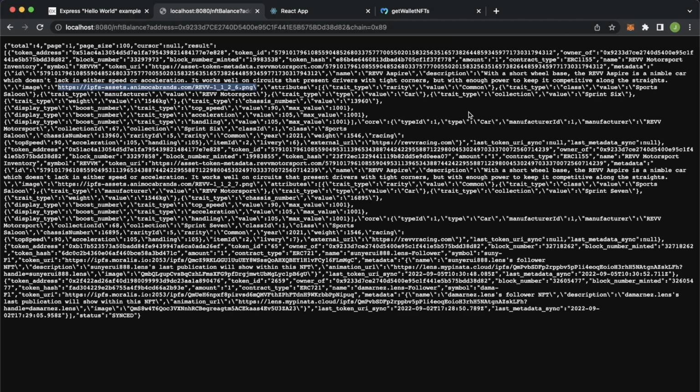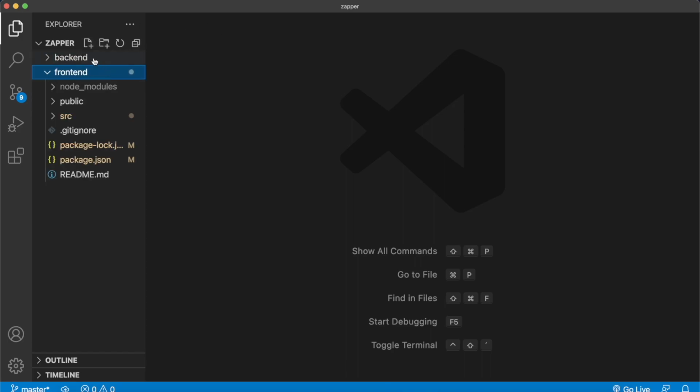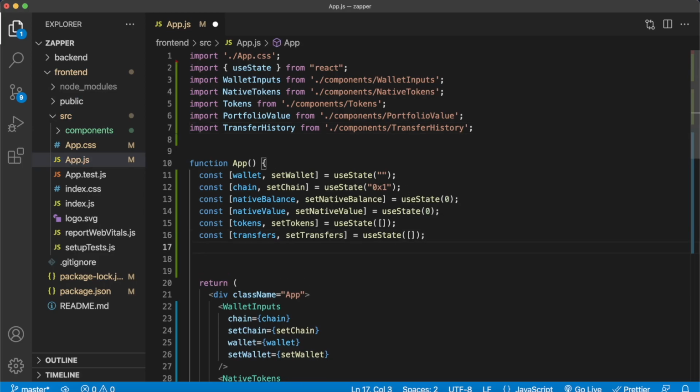Now let's jump back into our React app and display all this information neatly. Let's go ahead and open Visual Studio Code, and we can close our backend files and jump into our front-end folder, source folder, and app.js. Here, now let's create a state variable for the whole app, which will have an array of all our NFTs. So for good naming conventions, we'll just call it NFTs, and we'll have the setNFTs hook, which will set